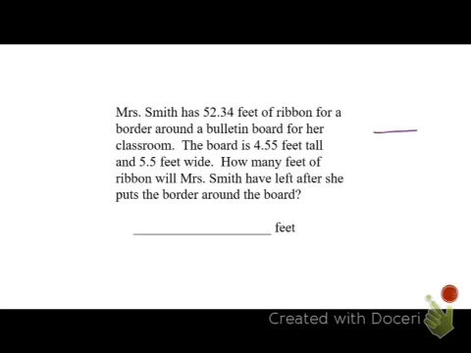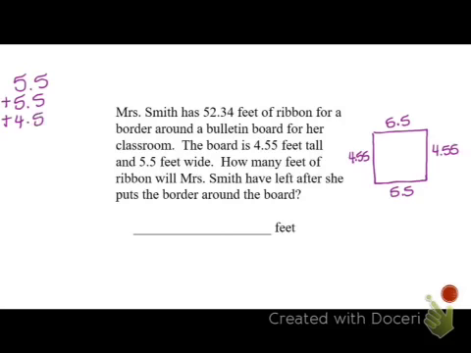If we're talking about the border around a bulletin board, we're talking about perimeter. Two sides will be 5.5 feet, and the other two sides will be 4.55 feet. If we need to figure out what she has used, you will take those four numbers and add them together. So 5.5 plus 5.5 plus 4.55 plus 4.55